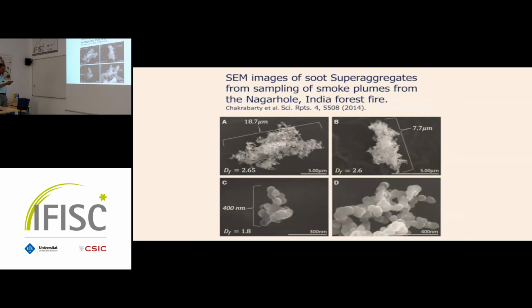So these are some TEM images. So what happened? Yeah, this is actually from a forest fire. They collected this soot from a forest fire, and it also has these two length scales, two different fractal dimensions that I was talking about. So with that knowledge that these things are graphene, very high quality graphene,